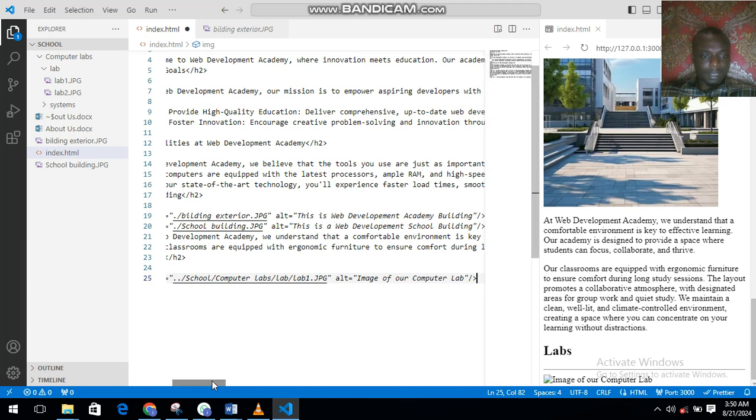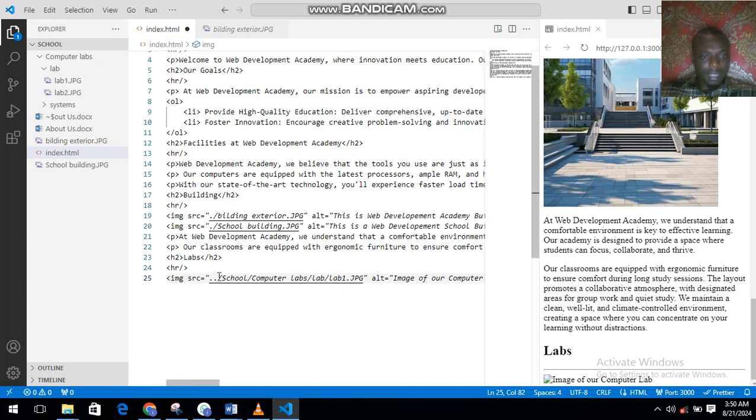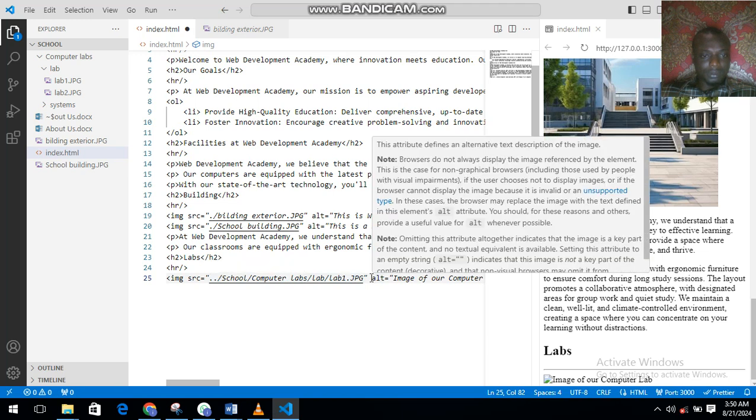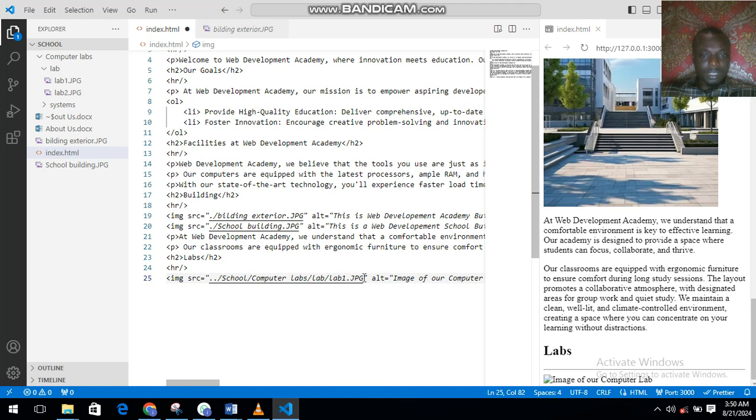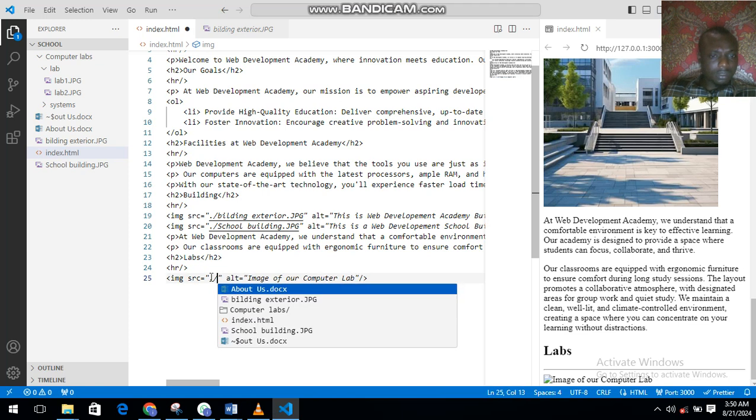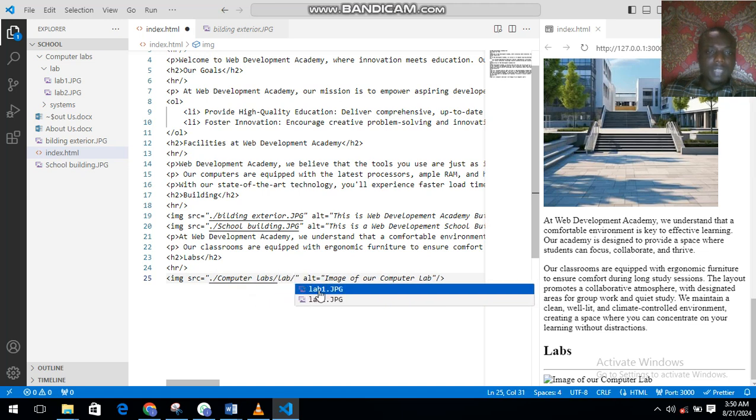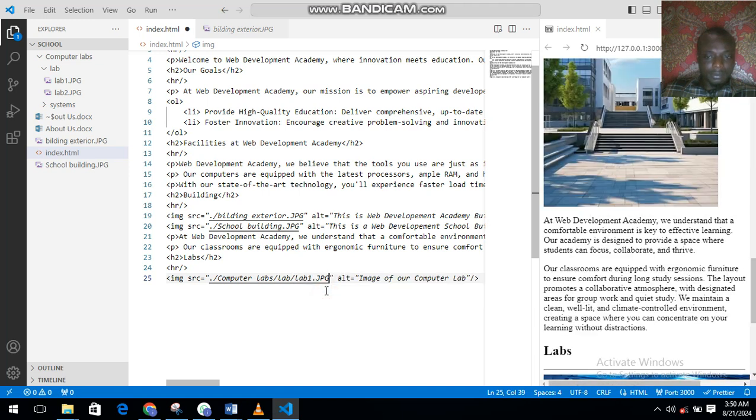Okay, let's go back here. Can you pay attention to what happens with our code? We can as well navigate a way through this by saying computer labs, lab 1. Do you understand?